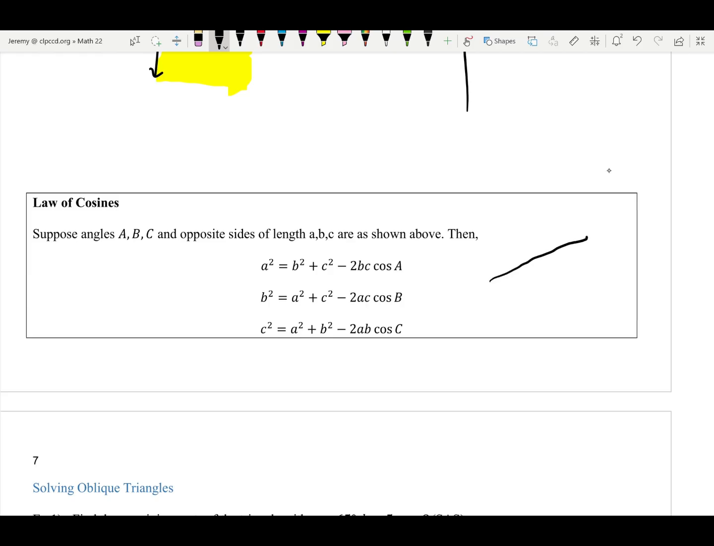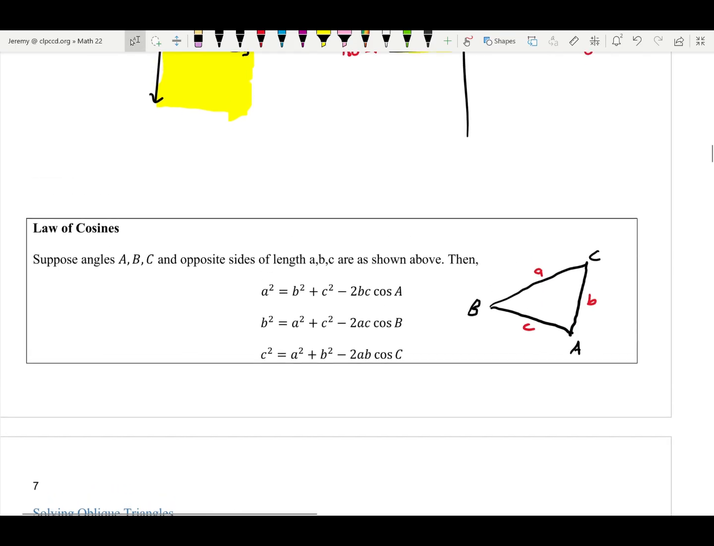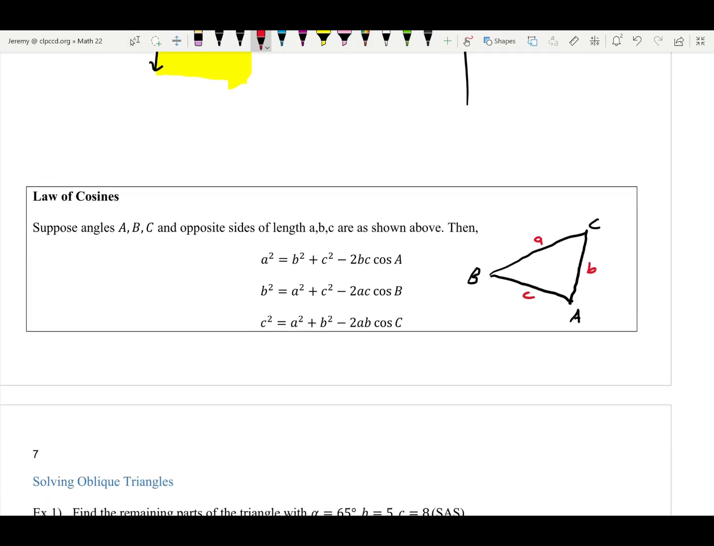I'm just going to draw the triangle here because I feel like if you have the triangle drawn out, it makes this formula seem less daunting. So let's call this vertex A, this will be B, this will be C, and this will be side lengths a, b, and c. Again, lowercase b is opposite to angle B and so on. So a squared, that's side length a right there, is equal to b squared plus c squared minus 2bc